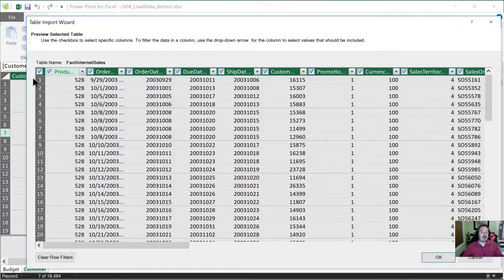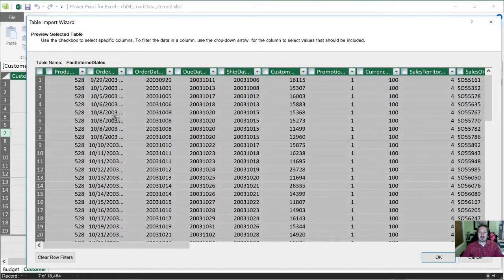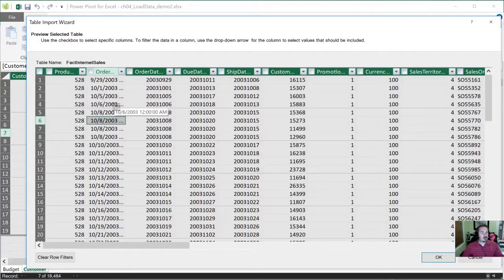Okay, so the first thing, I'm going to click the top left tick box, and that's going to deselect all of my columns for me. And what we're going to do is just select the ones that we want to keep. So we're going to want to keep this first one, which is product key. We'll keep order date. We are going to keep customer key. Now notice when I highlight over it, it shows me the full name. We want order quantity,